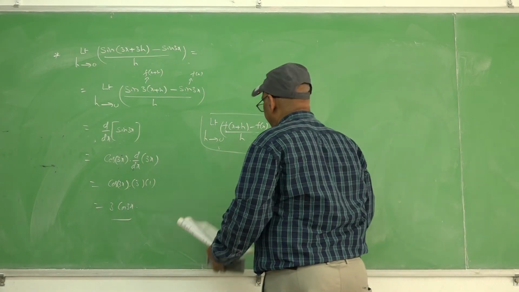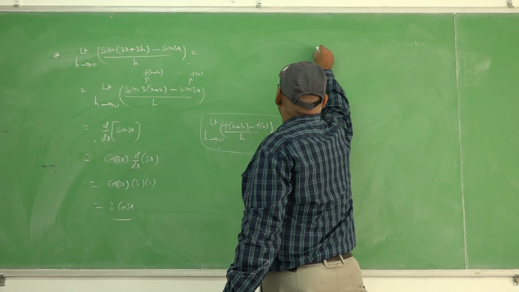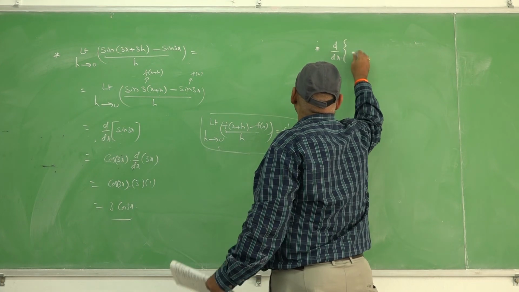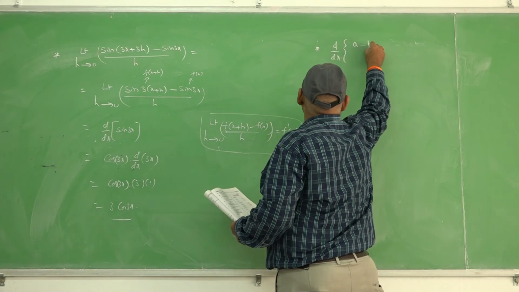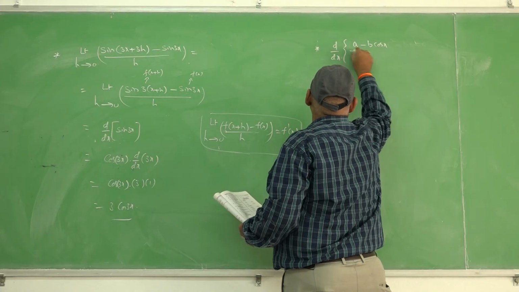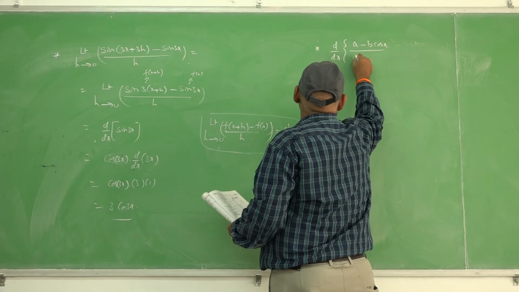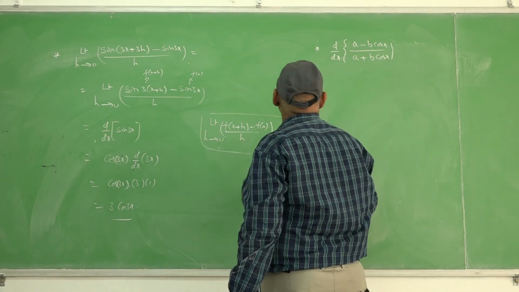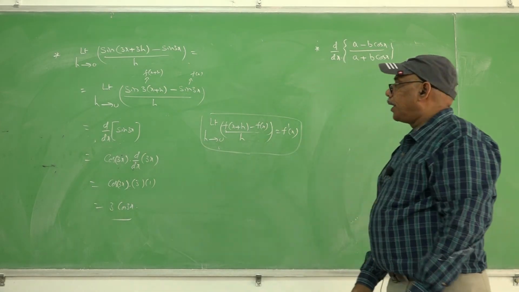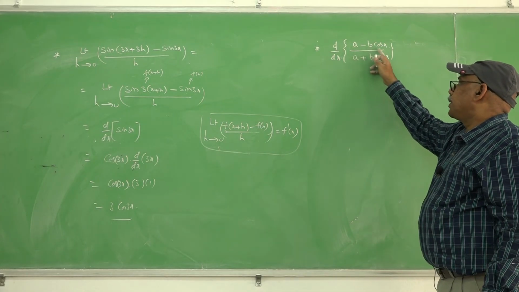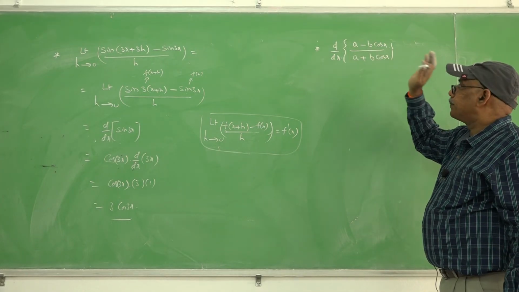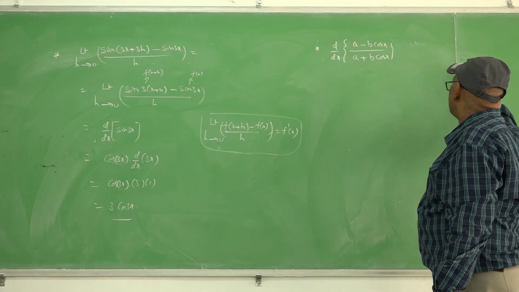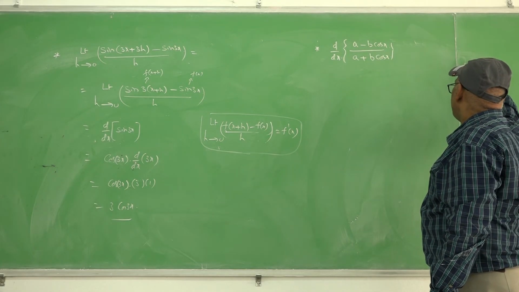Next one, find dy/dx of (a minus b cos x) by (a plus b cos x). The derivative of the function (a minus b cos x) by (a plus b cos x). Clearly, this is of the form dy/dx of f(x) by g(x)